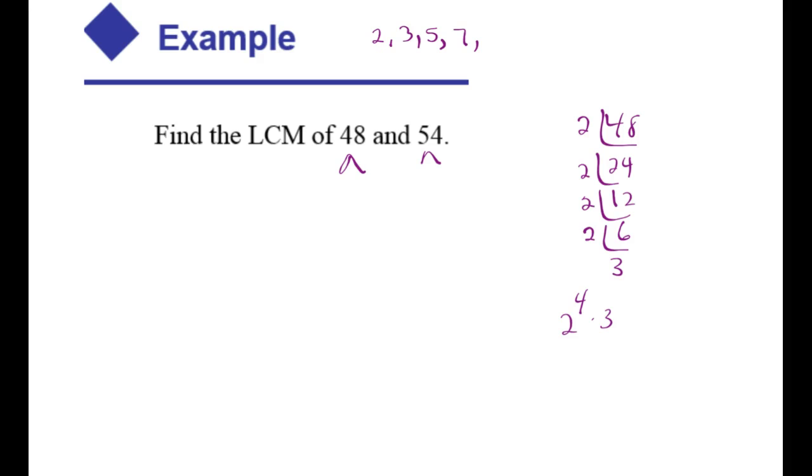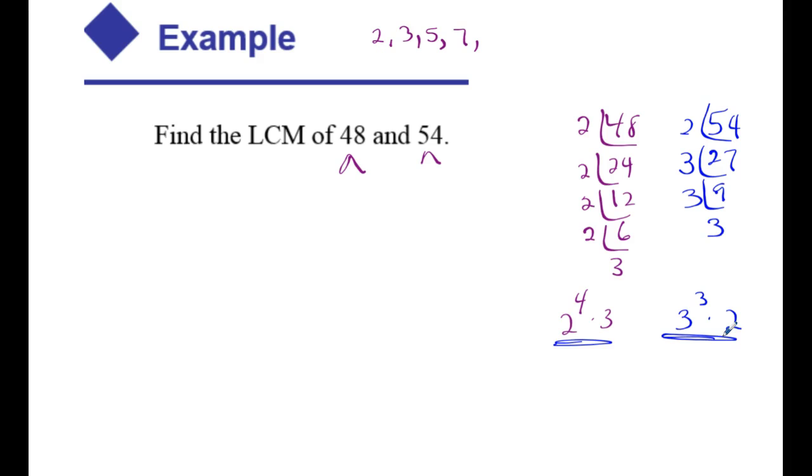Let's try this again. Using 54 this time. I start with 2 because it's even. Goes in there 27 times, and then I switch to a 3. Goes 9 times, 3, and 3. So again, you can do factor trees if you're feeling a little bit more comfortable with that, but somehow you get down to the prime factorization, and then the rule says choose every factor as many times as it appears